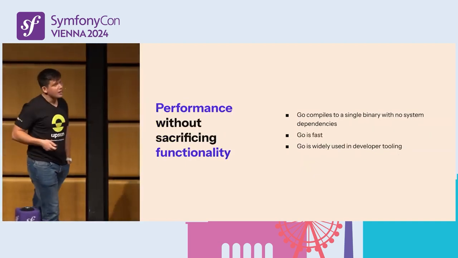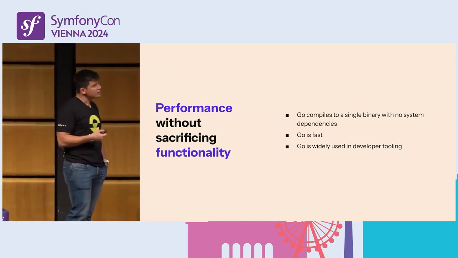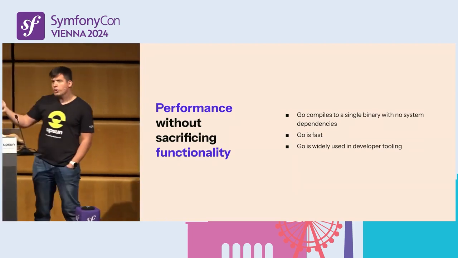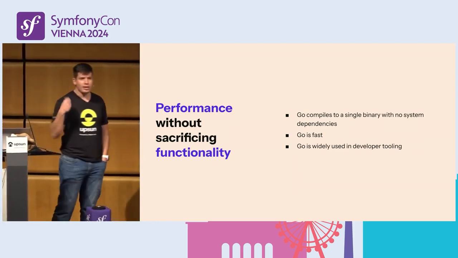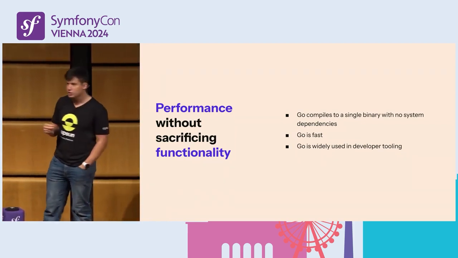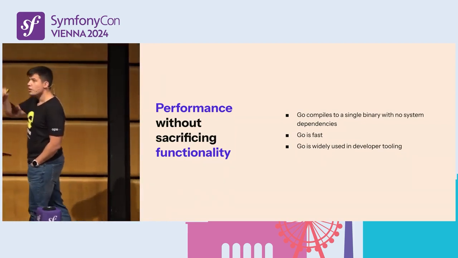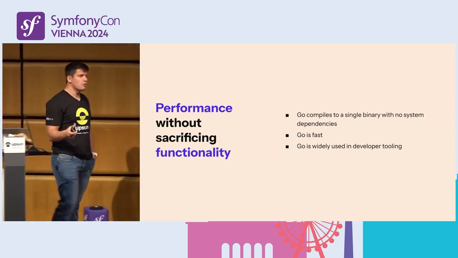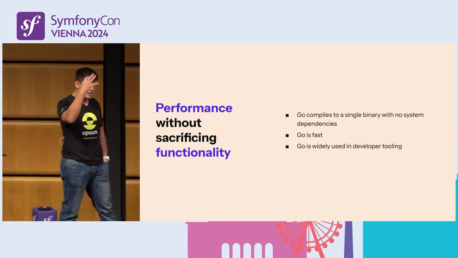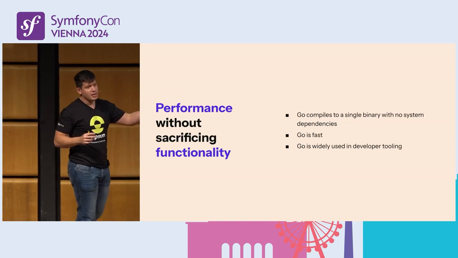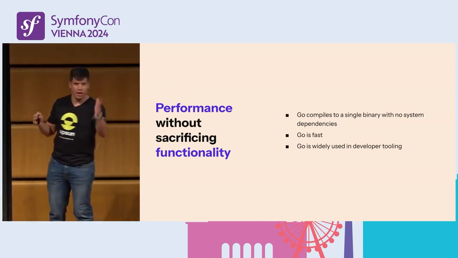The second thing that we had as a goal, if you remember, was performance without sacrificing functionality. So Go was a very good choice for us. It's a very widely used language. It compiles to a single binary. So this means that we can easily do this. It compiles to a single binary with the same code, with the same toolchain, for multiple architectures. So if you have not worked with Go, you can just write the same code, and from, for example, my Mac, I can easily compile something to run on Windows or on Linux or on other systems.